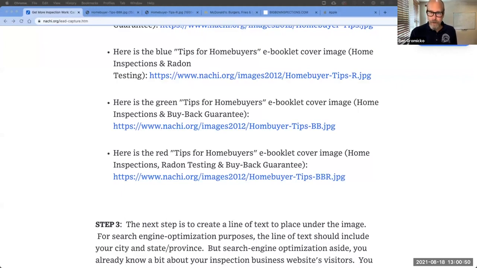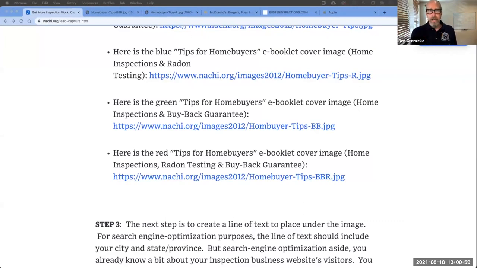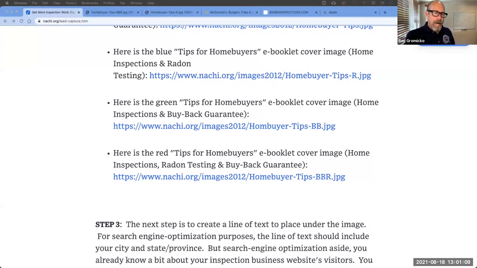And if you don't want to be up there, the second best thing you could do is put pictures of your inspections up there. Put pictures of the houses that you have inspected. There's little apps that you can get. I'm not very good at making recommendations of apps, but there's a Canva app, right? You download the Canva app on your phone, and when you take a picture of a house that you just inspected, you can put a little thing around it that says "just inspected," and you put that on your homepage, or instead of action shots, pictures of